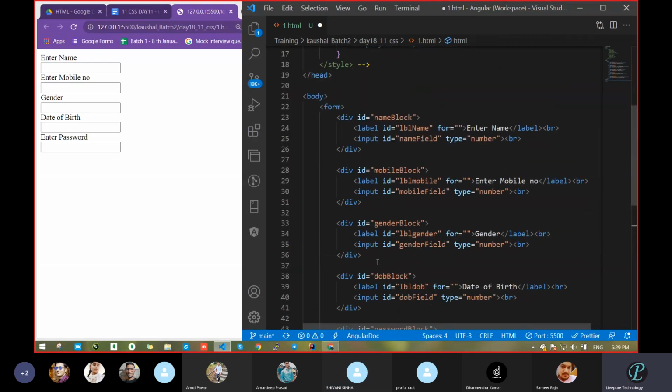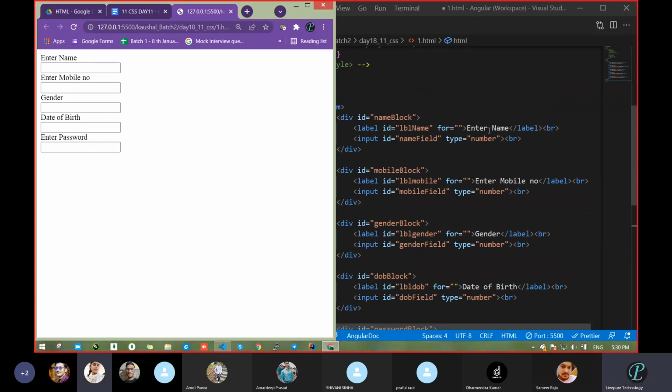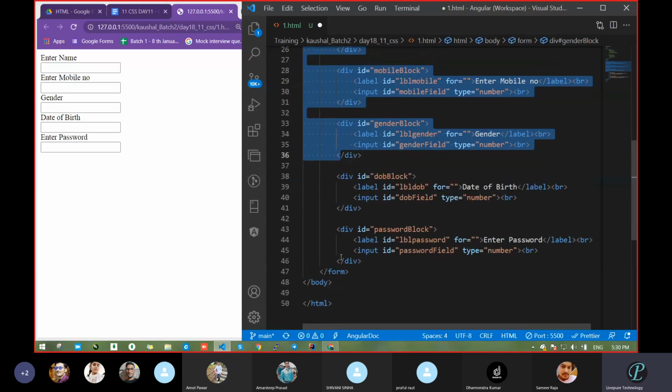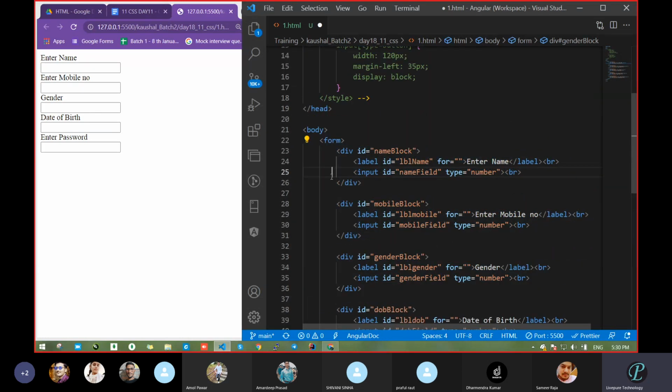You have to imagine it this way. Okay, so what we have done, we have taken the fields. Just go with the naming convention, everything should be proper. Don't make mistakes anywhere from now onwards. Whether you're going to take an image or table, anything, it has to be this way. I took one div section, and all these divs are completely inside one form section, and all these forms are in the body section. So make this. This is one div section.